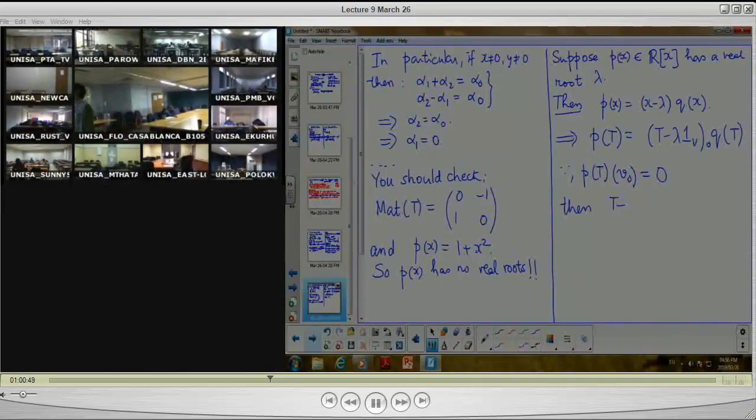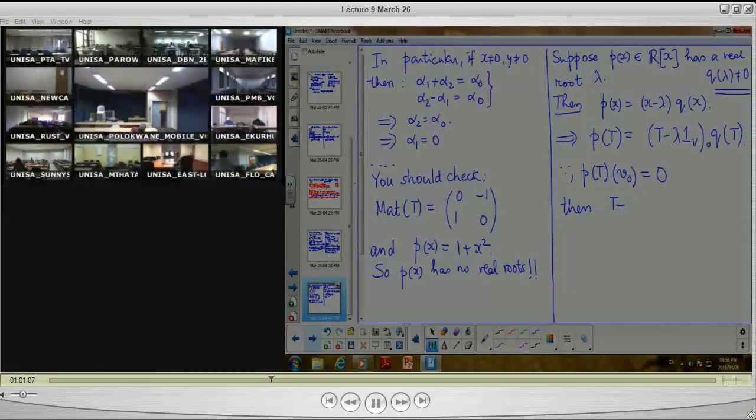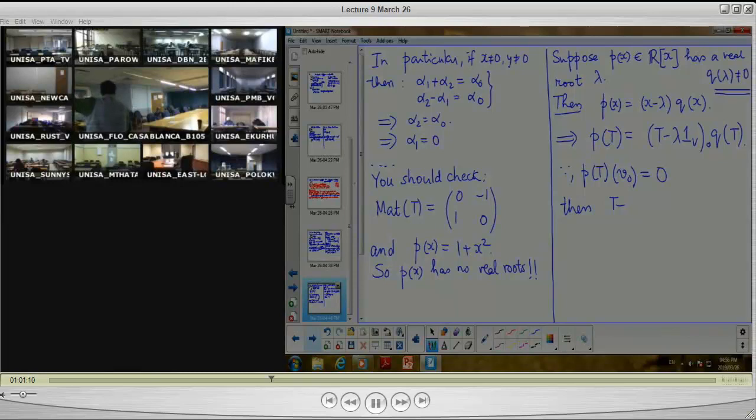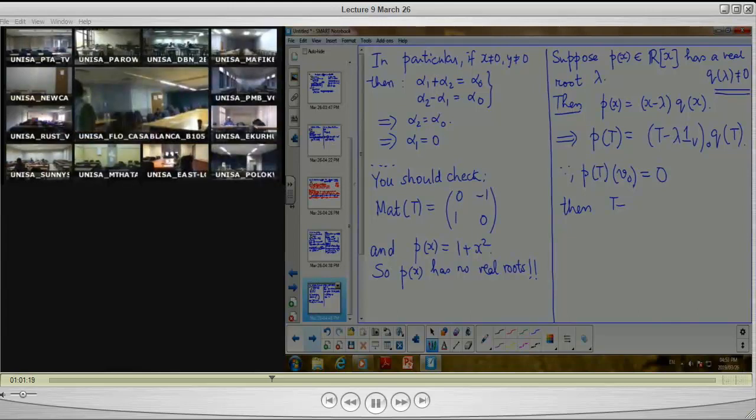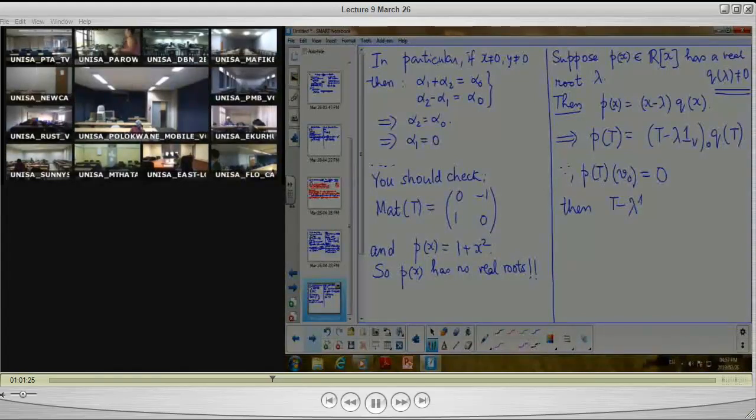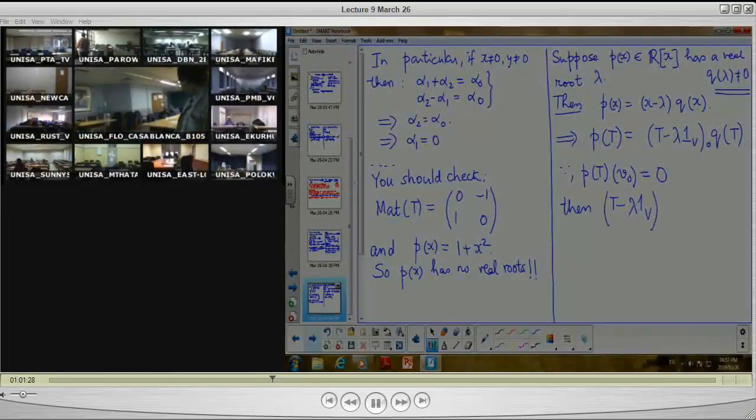not rigorous here. I'm saying also assume that q lambda is not equal to 0. Okay? That means lambda is not a root of this remainder. So you want to write q of x not equal to 0. Q lambda, right? That means lambda is no more a root of q. But lambda is a real number. So then it will follow... okay? So what does this mean? It means that